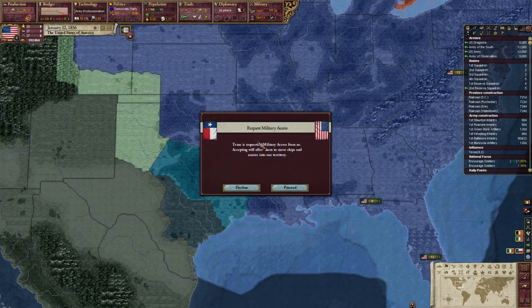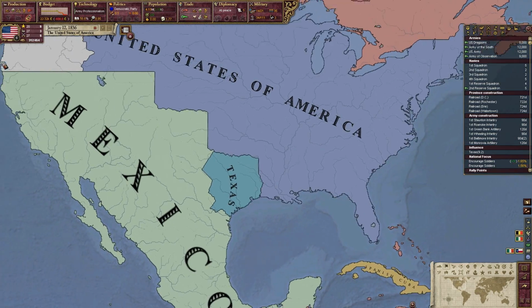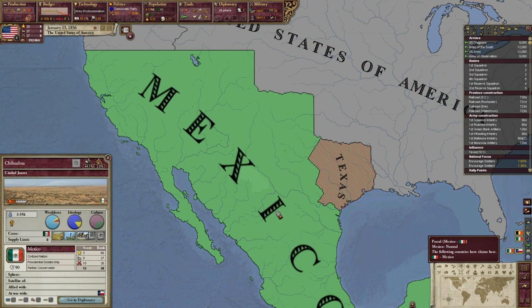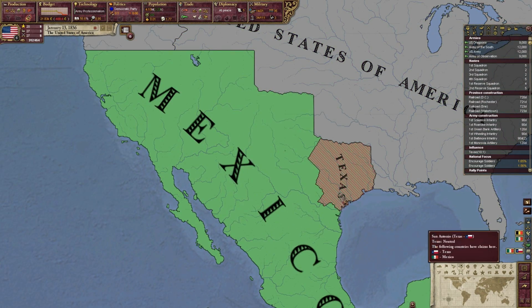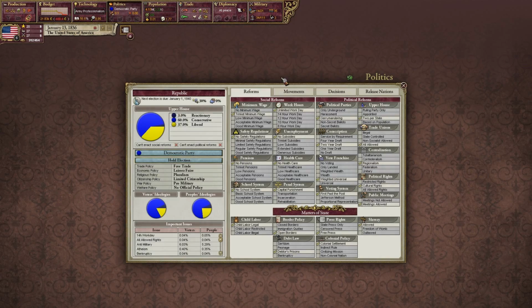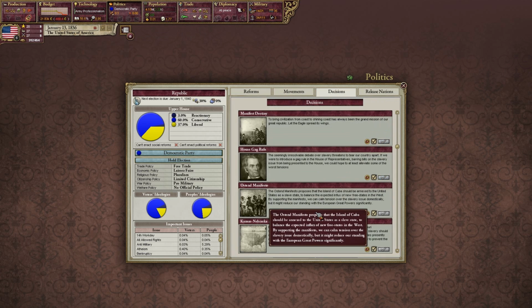Okay, so we don't want to give Mexico any military access. We want to give it to the Texans. And when we get involved with the Texas War of Independence, we're going to want to start taking states off of Mexico. But what states do we want? We don't want to take any of these states, because when we get Manifest Destiny,